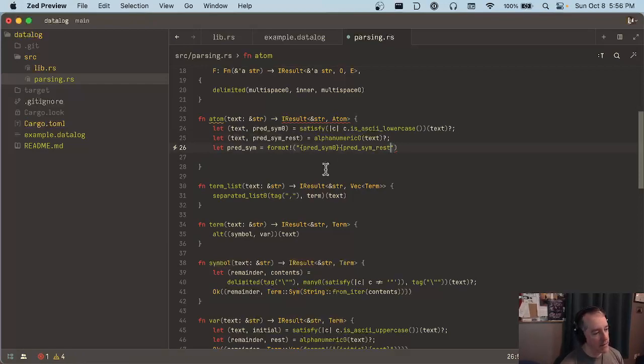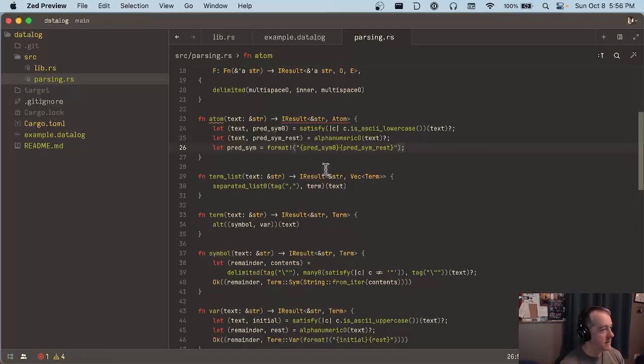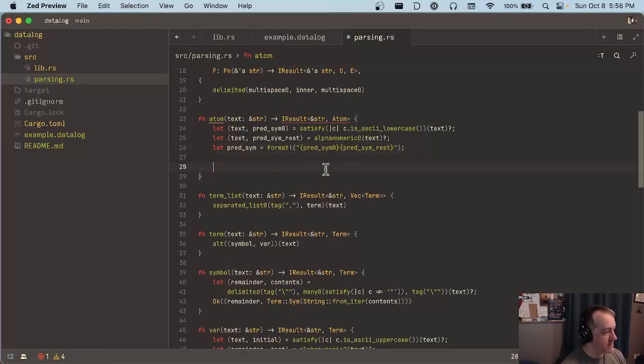So you know, you don't have to use format here. You could use some things where you push a character and then push str on the end, and that would be fine. I just find format a little bit faster in this case. Okay, so now we have the predicate symbol, and then we need to